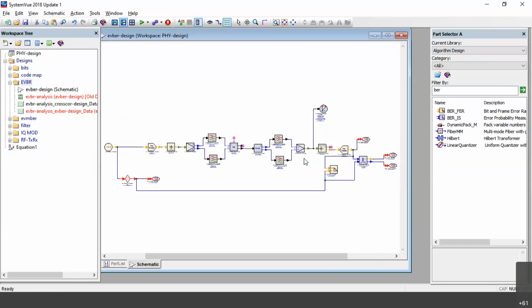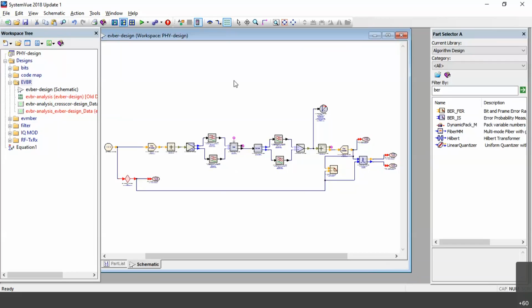Whatever I have generated, if you want, I'll share with all of you the schematic diagram, a screenshot of this, so that you can try to analyze or you can modulate your own things. If you have any design using QPSK or any modulation techniques, then you can design it using SystemView.